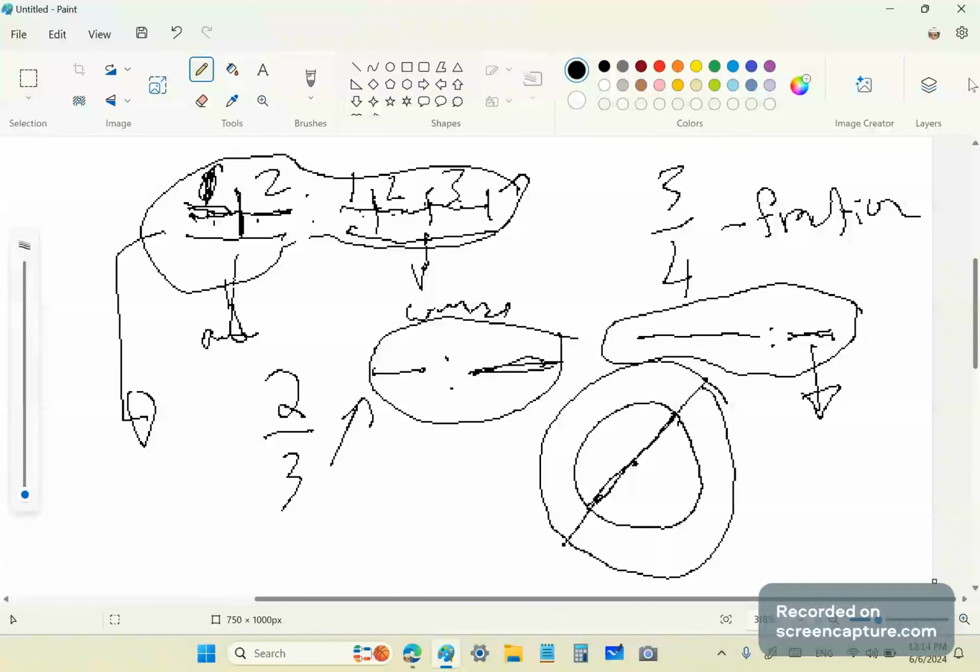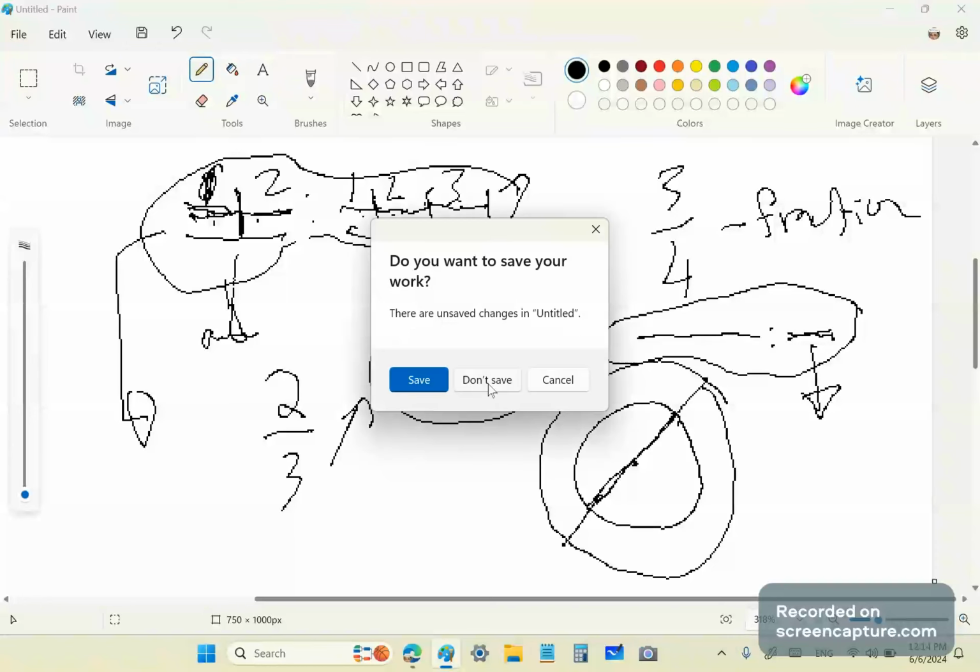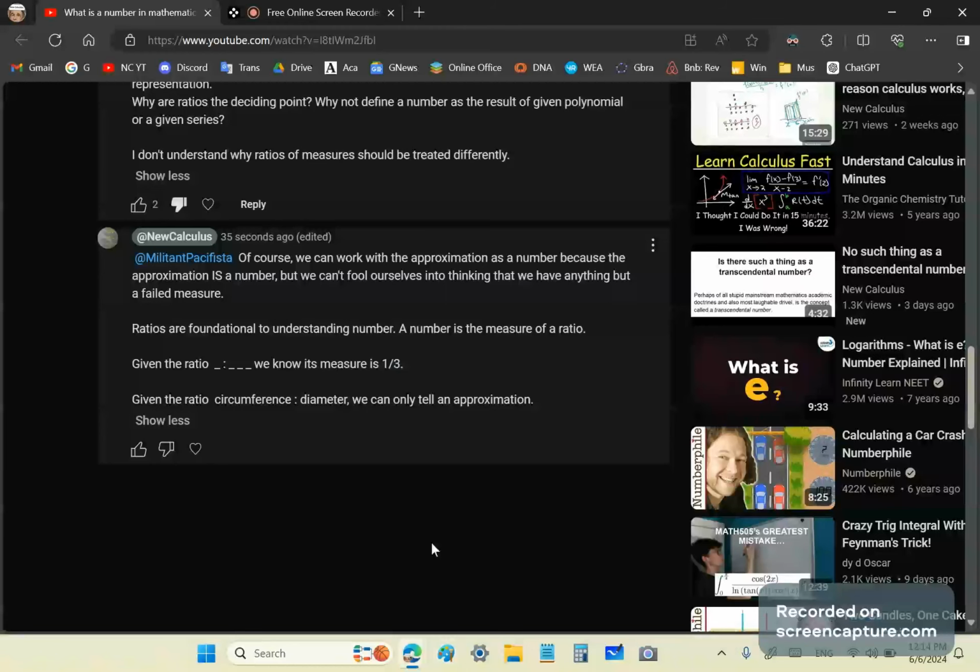So why is it important that we know what the difference is between a ratio and a fraction? Because all numbers are fractions. And by the way, ratios came long before numbers, like I've just shown you. A ratio was normally just a comparison of two magnitudes or two line segments. That's all it means. There's no number there until you count up the number of equal divisors in the aliquot parts of a ratio,